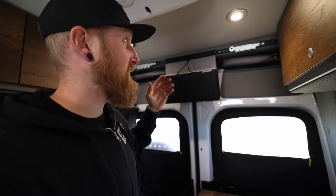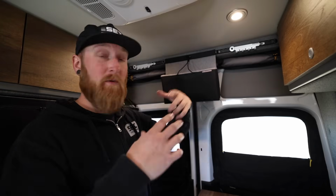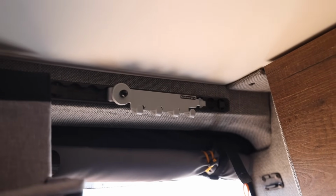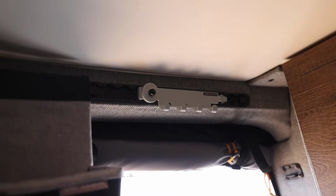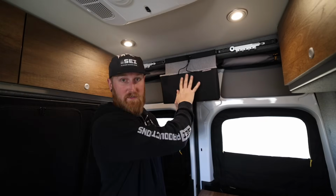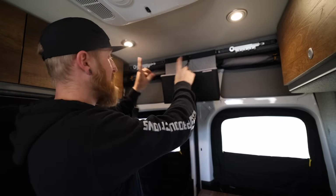Now, a few more things in the back cargo garage area of this van. You'll notice right above me here is a new L-track system coming from Canyon Adventure Vans, and this thing is modular for whatever type of accessories you want to mount to it. It simply screws into place right above where you're laying in bed, so I have some bed necessities in here, like a phone charger at night because my phone is always dying. They have two different sizes of these soft bags that you can choose from,